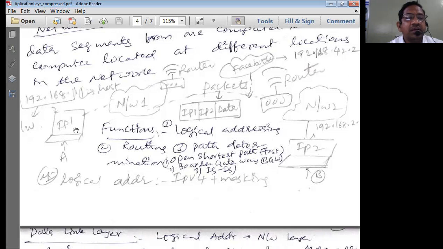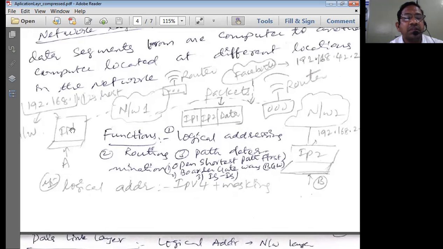Now imagine that the IP1 address given by the network layer is 192.168.1.1, which is the host address. There will also be a network subnet address added to this, and this network is normally connected to routers. A router is connected to another router, and Facebook servers are also connected to routers. Like this, the network layer is going to transmit packets with the IP addresses IP1, IP2 and data, and communication happens between the two computers.